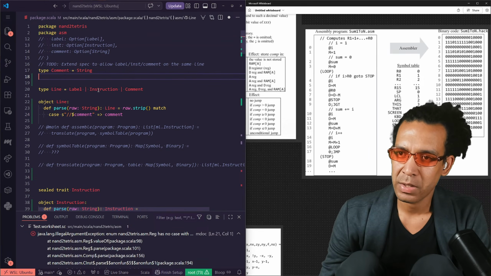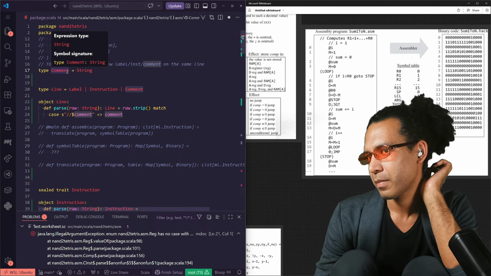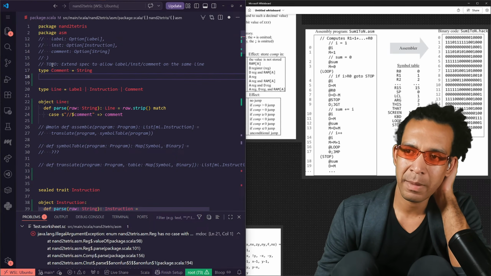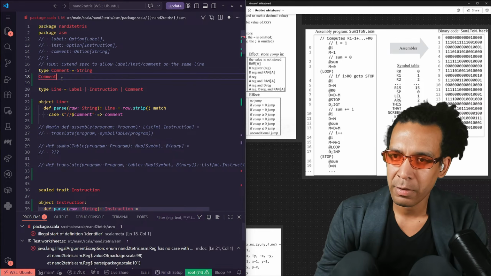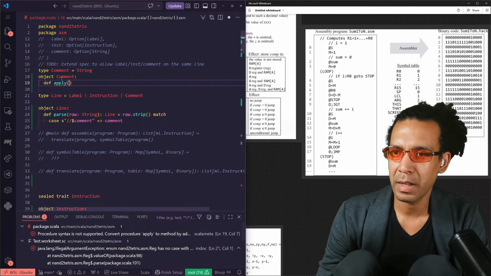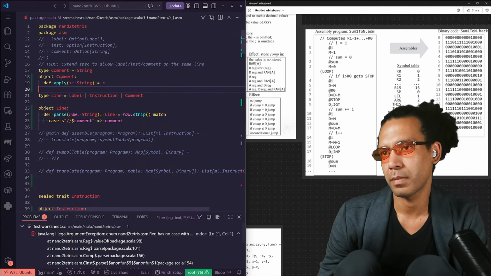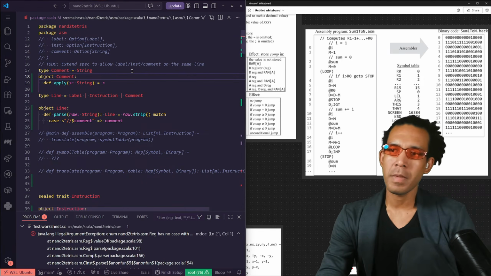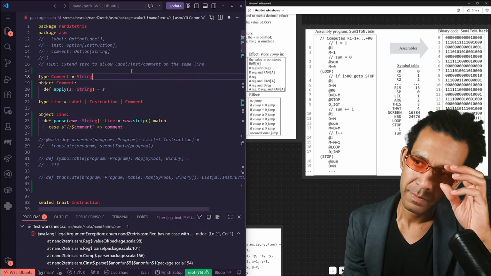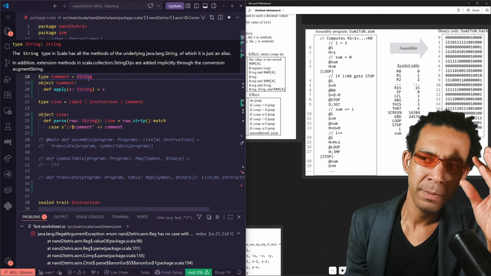I think I would actually like to, so I know my comment at the moment is just a type alias for string. But at some point I'd like to keep that information tagged. So I'm going to create a constructor. Object Comment, def apply. And this will eventually become an opaque type. An opaque type is something that's secretly a string. It's kind of like a value type,